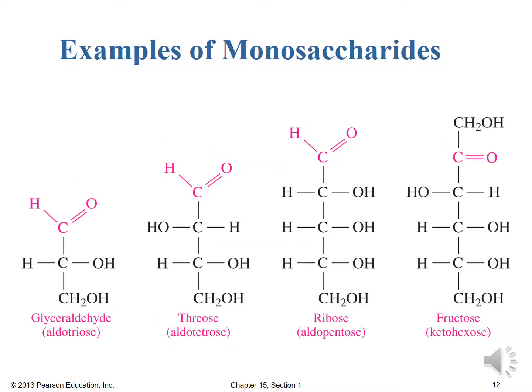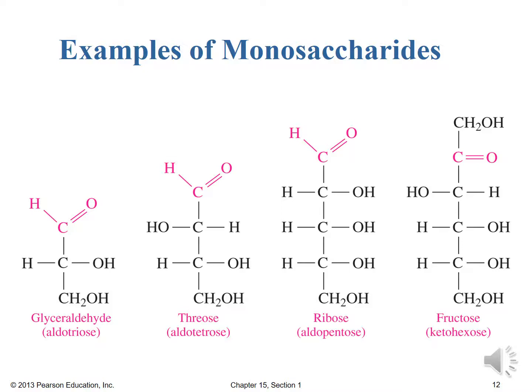And so here we see a variety of monosaccharide examples. We can have something as simple as glyceraldehyde there, which is an aldotriose, right? Ending in the word aldehyde probably told you it was going to be an aldo, and then counting those 3 carbons lets us know it's an aldotriose there. Next, as we saw on a previous slide, is an aldotetrose, 4 carbon atoms. And then we have the ribose, which I mentioned before, that ribose and deoxyribose are important pentoses because they're involved in RNA and DNA. So here we see the aldopentose ribose has 5 carbons.